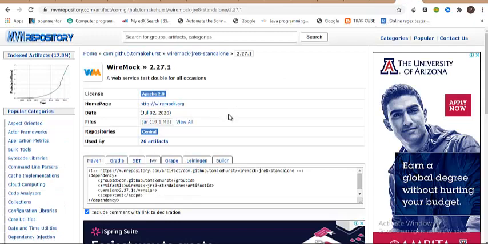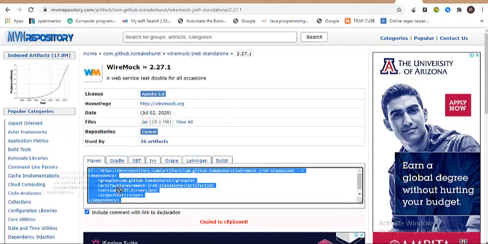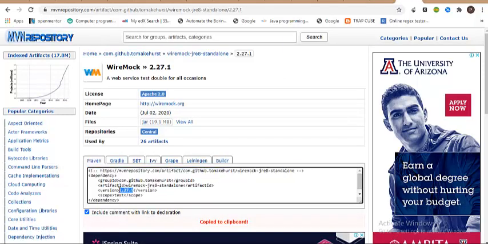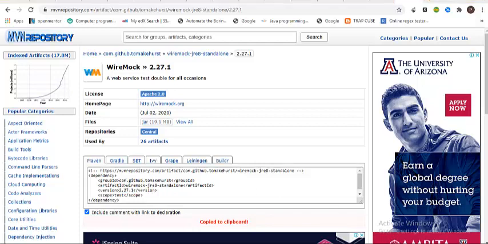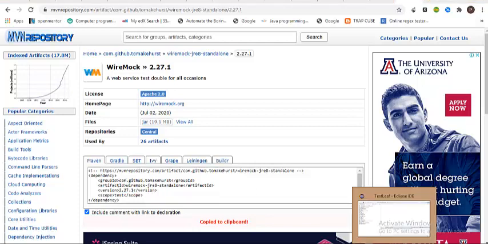If you see here, the JRE8 standalone server is also there. Both dependencies we will add to our Maven project, and we proceed with installing, writing the stubs and testing the same. In this lecture, I'm going to just cover the part of setting up the project, and from there we'll be comfortable and can focus on how to create a stub. That is how I'm going to split this lecture.